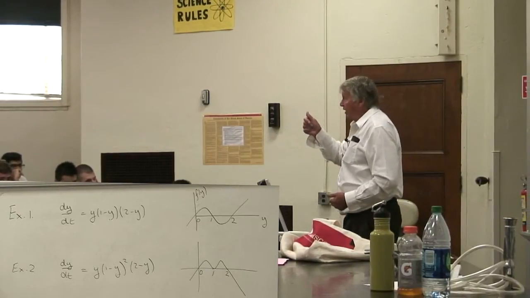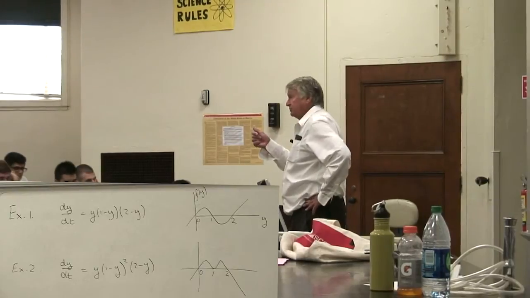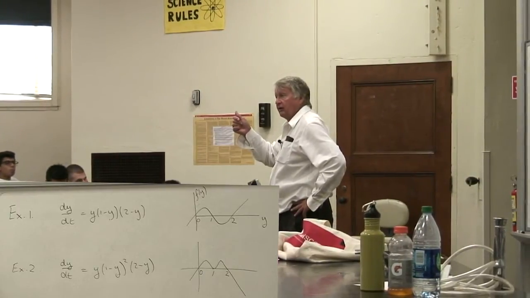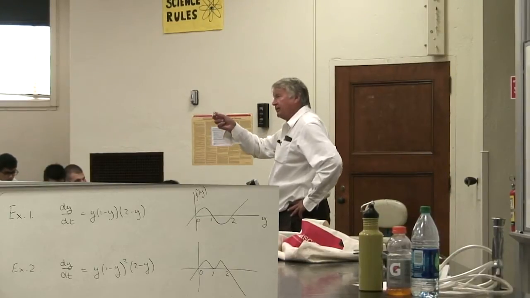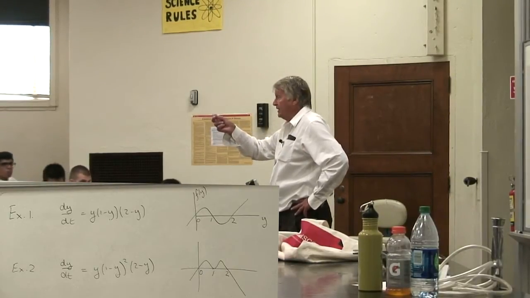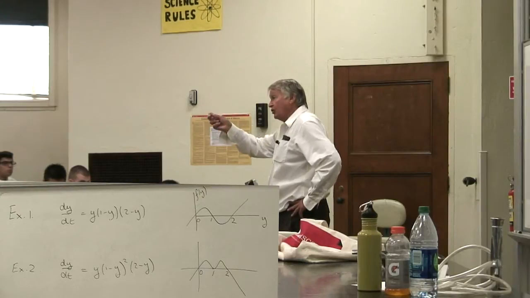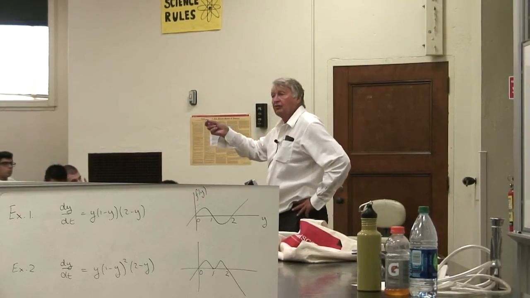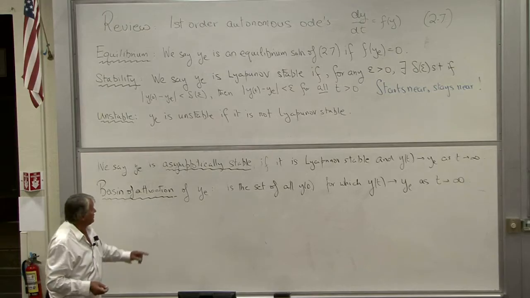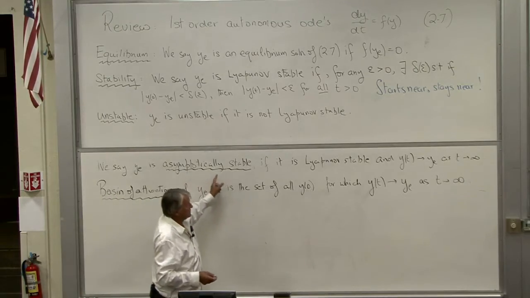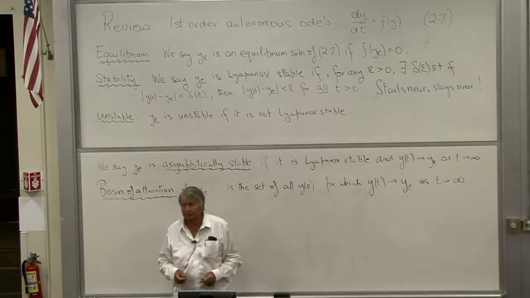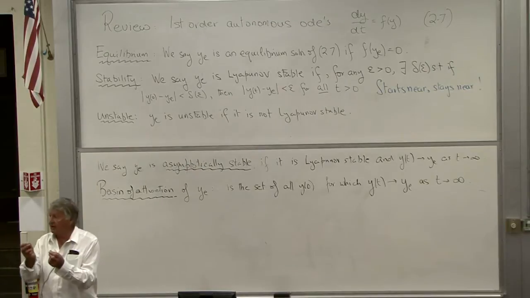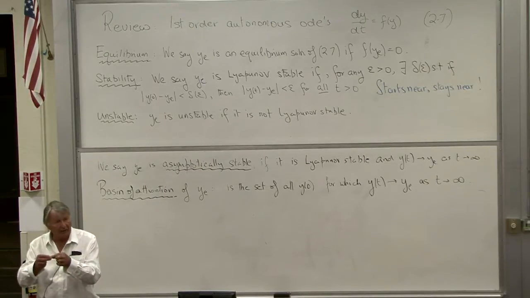If YE is Lyapunov-stable, and in addition, if we start a little distance away from YE, we not only stay in the neighborhood, but actually tend back to YE as t goes to infinity, then we say that YE is asymptotically stable. That's a stronger stability, because not only do you just stay in the neighborhood, but you actually go back to the